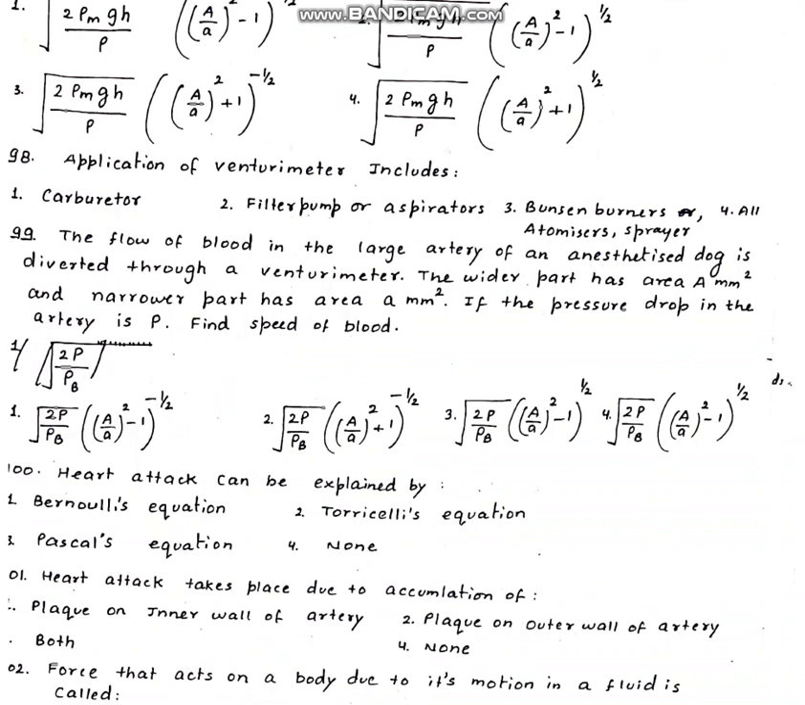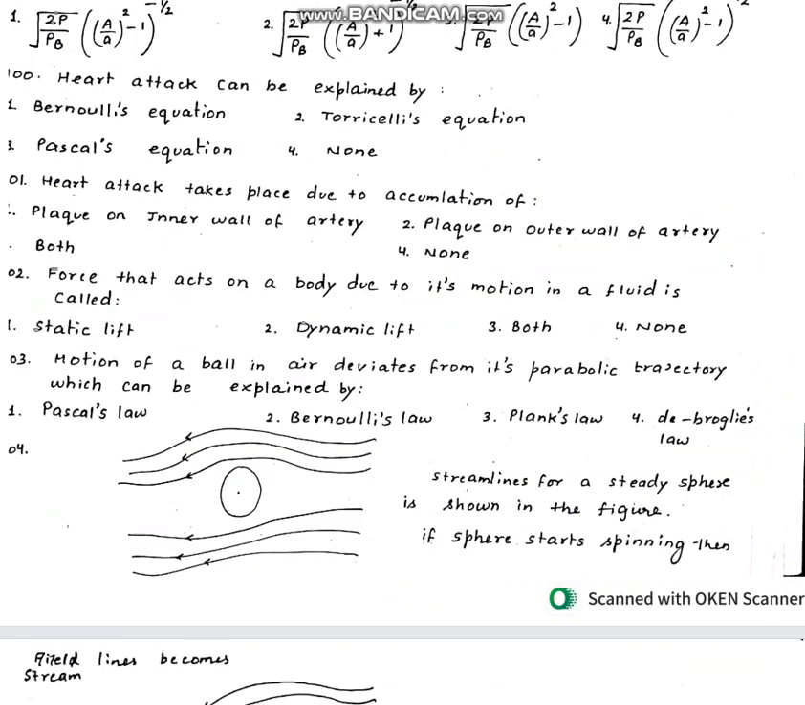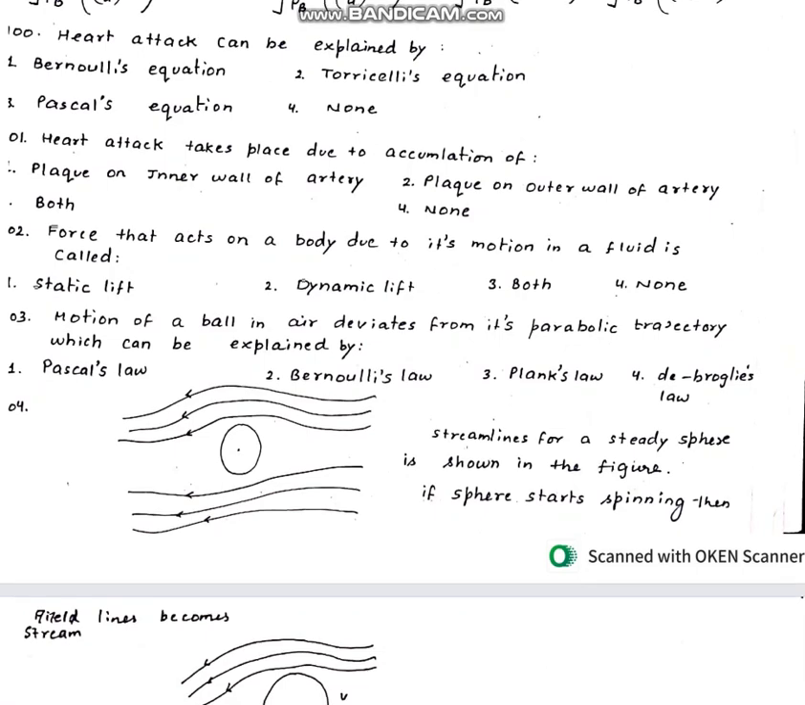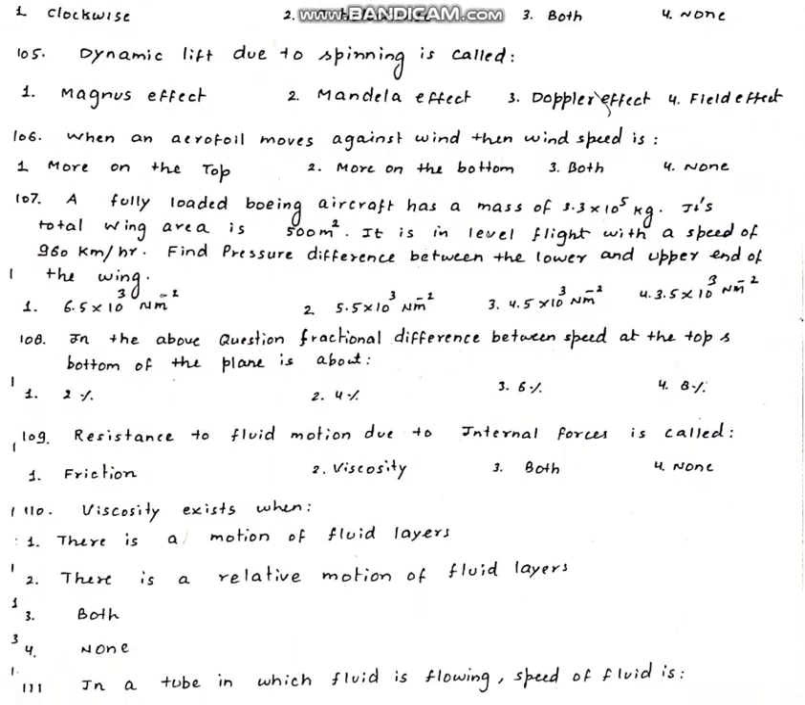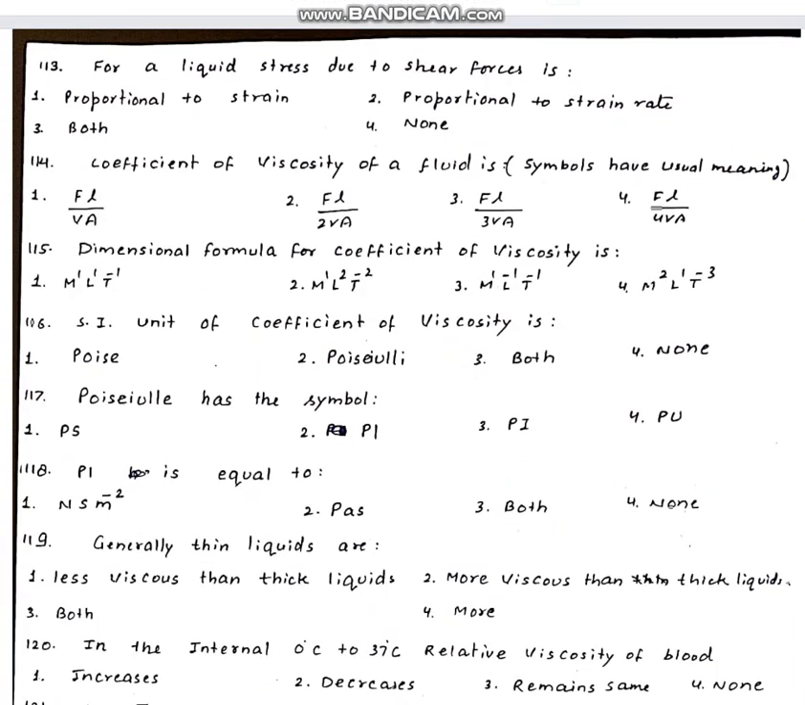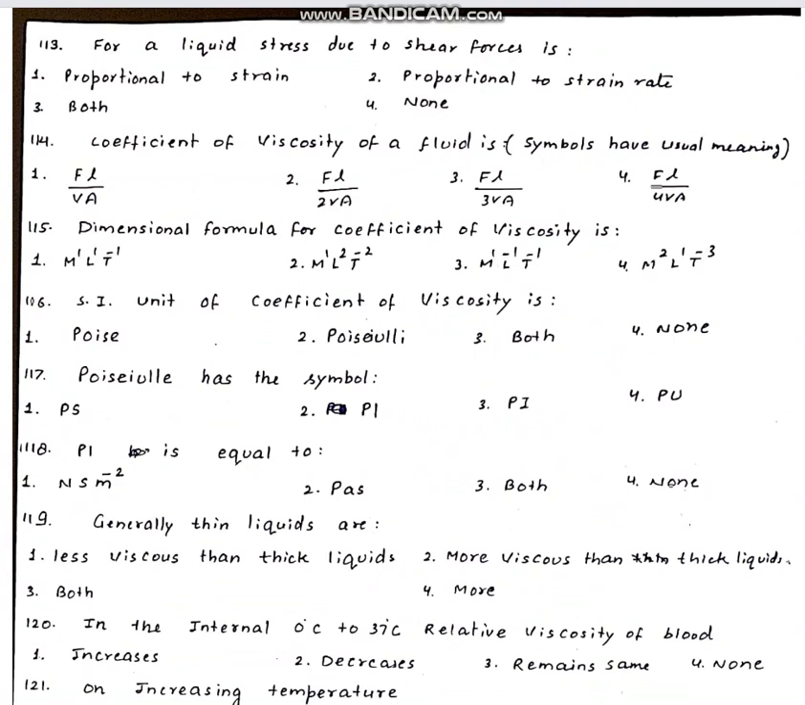then flow of blood in the artery of a person and the relation with the speed of blood, then concept of heart attack, then problems on streamlines, then direction of motion, then viscosity, then we have resistance, then we have stress, coefficient of viscosity, dimensional formula of coefficient of viscosity,